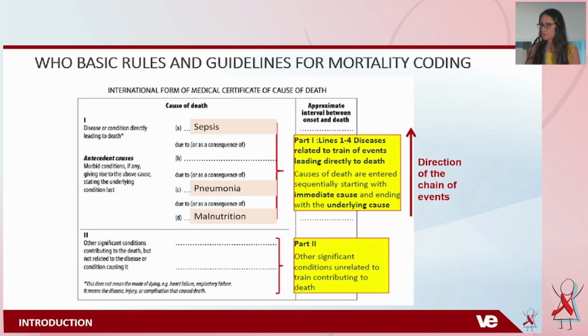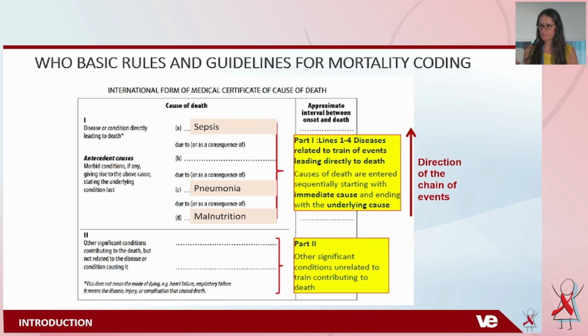To solve the problem of assigning only one cause of death, this dogma of one child, one cause of death, the WHO is trying to establish guidelines to implement a death certificate where different causes of death could be